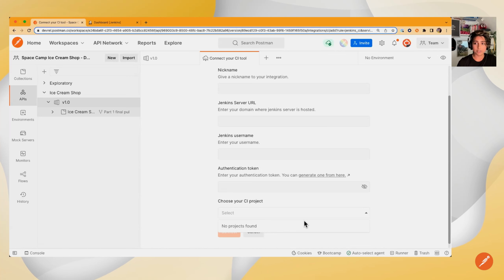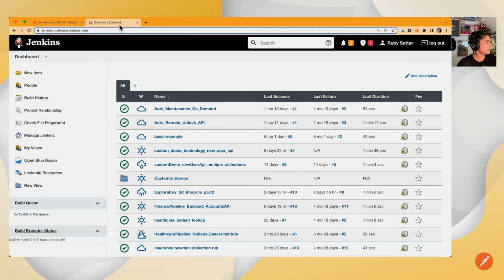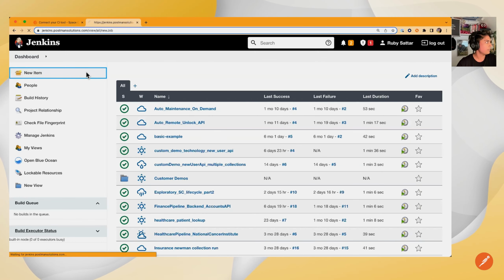I don't actually have one yet, so I want to make sure that I create that kind of skeleton that Postman can refer to. So let me actually do that. I'm going to leave this right where it is, and I'm going to go into Jenkins. And this is my dashboard, which might look familiar to some folks who are also using Jenkins. This is just your landing page. You get a quick view into all of your different projects, whether they're freestyle projects, pipelines, or others. What I'm going to do is go into New Item,